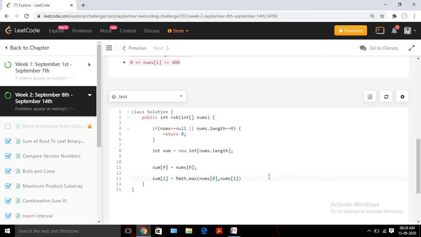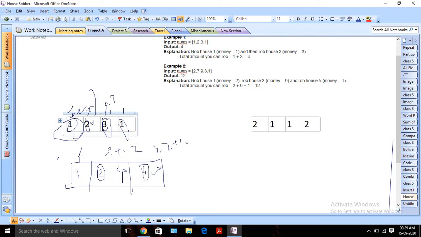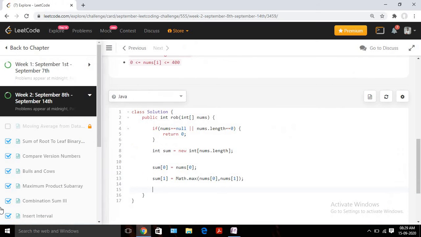Okay, now once we are done, for the rest of the array elements we can make one generalized formula, and you can calculate it very easily. So let's run one for loop now. It should be int i equals 2, since we already considered 0 and 1, so we are going to start from 2 only, right? And then it will run till i less than nums.length and i++.